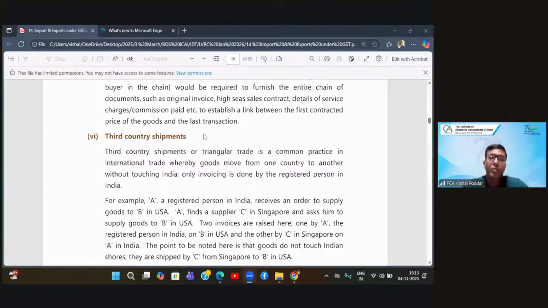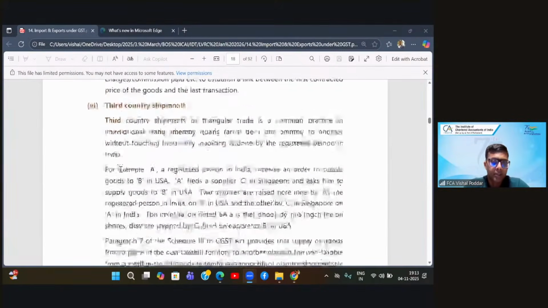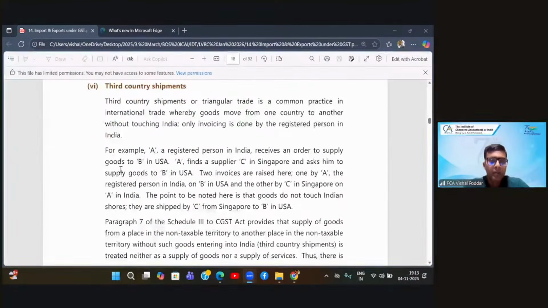Now, interestingly, what about GST law? Originally there was a lot of hue and cry, a lot of confusion. So ultimately, Schedule 3 was amended, and along with the above two entries, this entry was also introduced. This entry was introduced in para 7, whereby it said that a third country shipment or a triangular trade, which is a common practice, whereby the person sitting outside India,